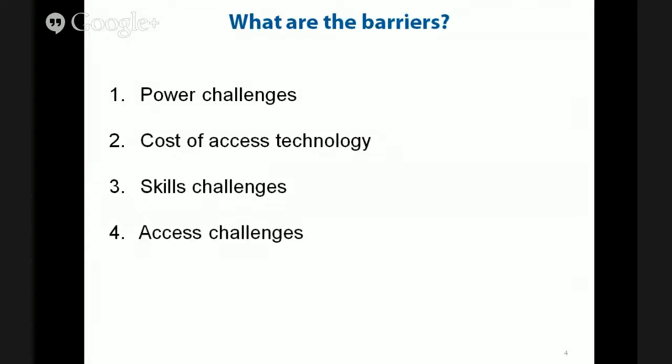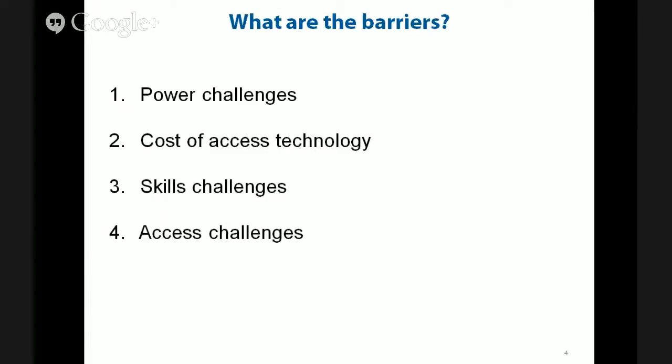So transportation is also one big challenge. The roads are so poor, so carrying the equipment to the locations is very tough for mobile operators. So this is the access challenge,